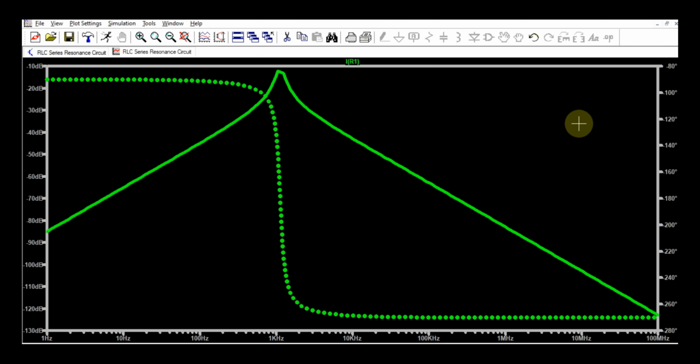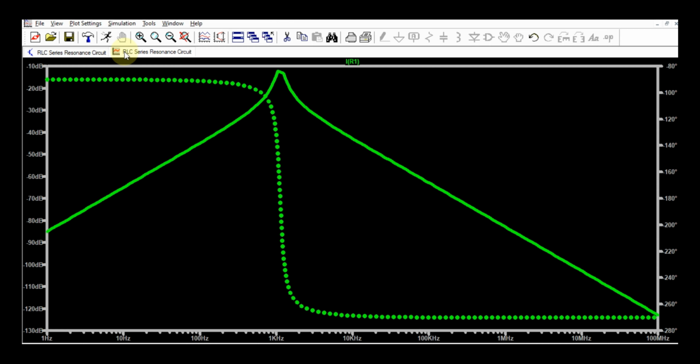So today we are going to understand the design and simulation of the RLC series resonance circuit, right? I will run the AC analysis or Bode plot analysis of the RLC series resonance circuit, and I will show you the corner frequency, the bandwidth, the low cutoff frequency, the high cutoff frequency, and the quality factor, right? So this is going to be a very interesting topic today. So let us start now.